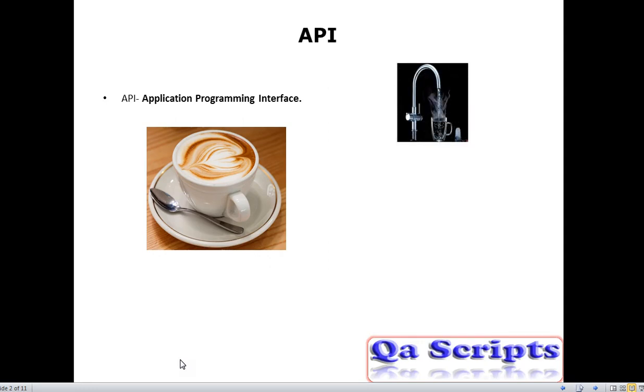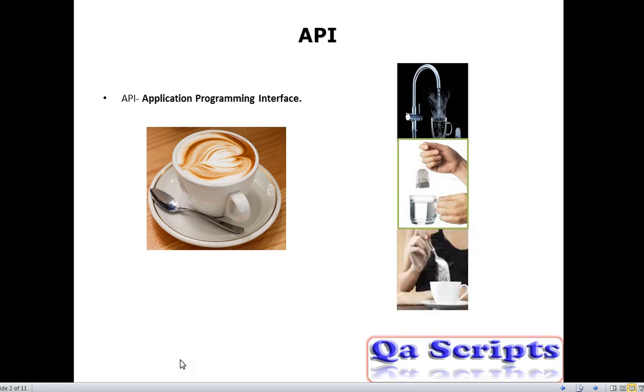I will take hot water in a cup, dip a coffee bag in that, and put some quantity of sugar. Now, after mixing, the delicious coffee is ready. This is the first scenario.